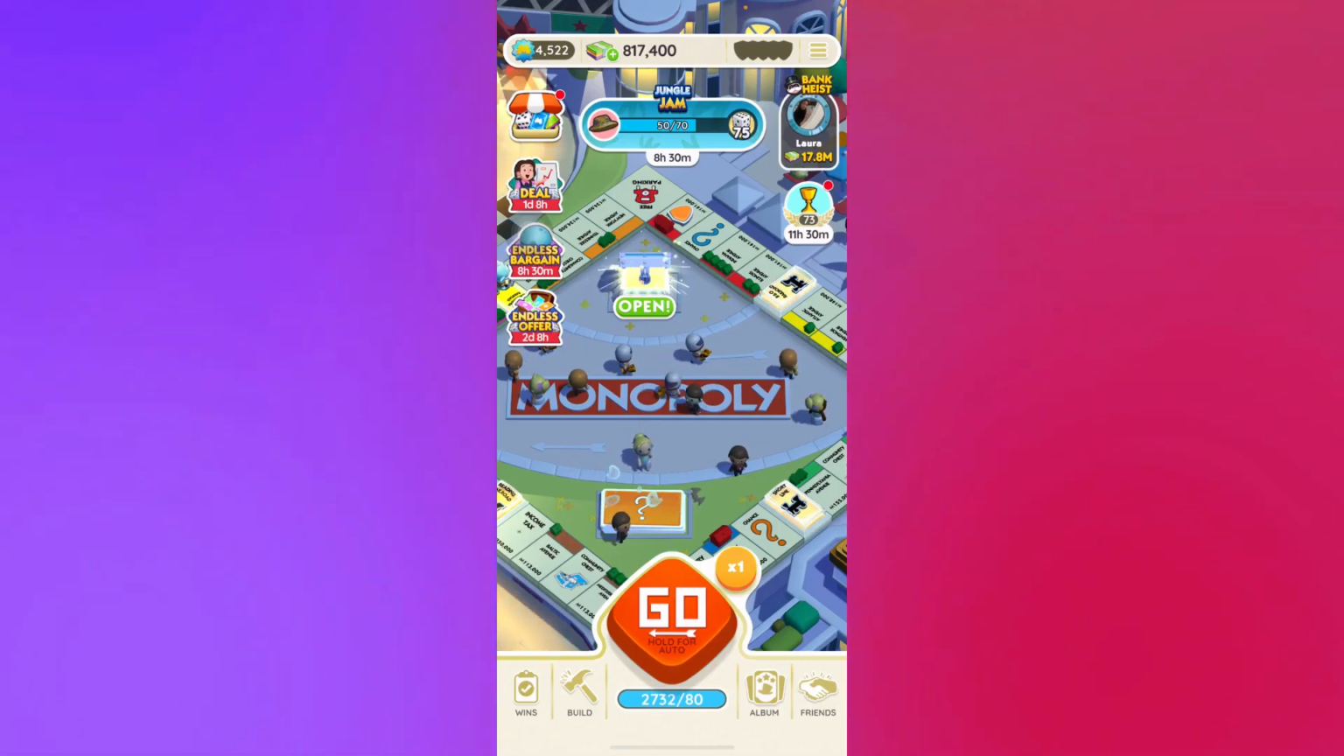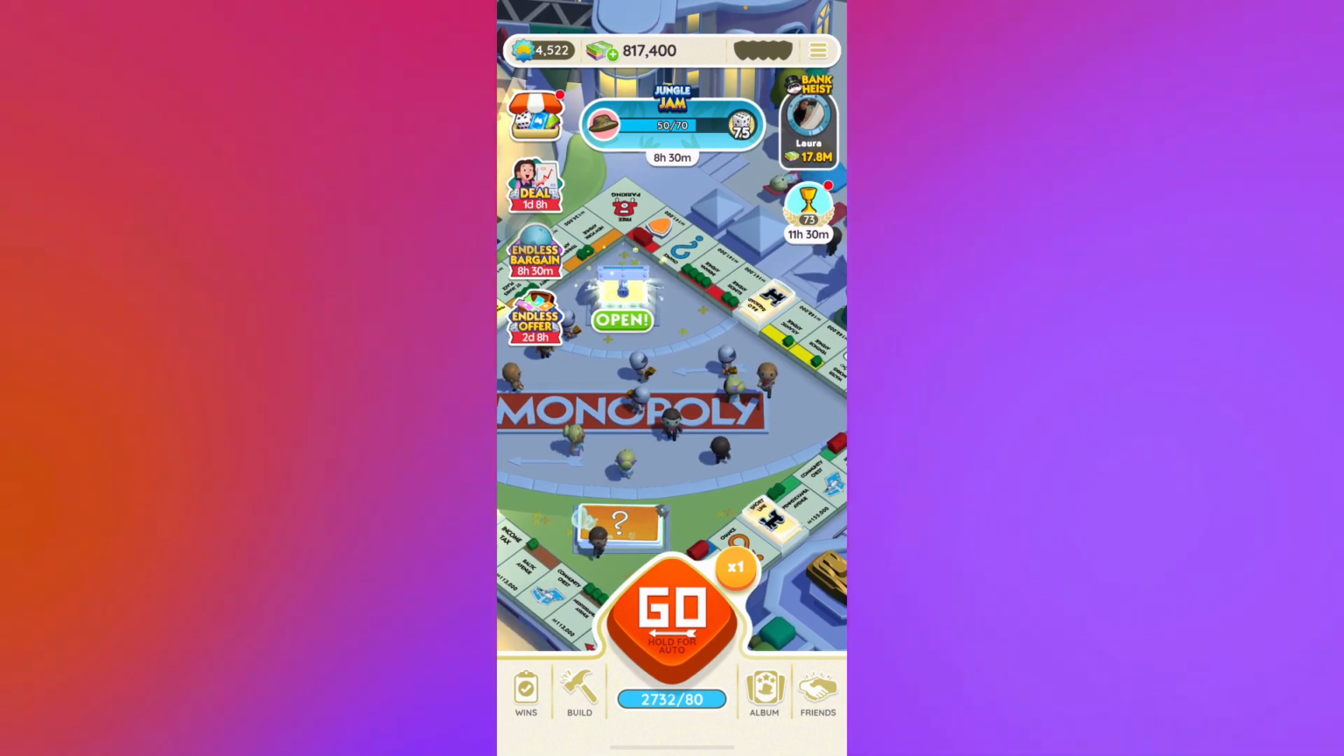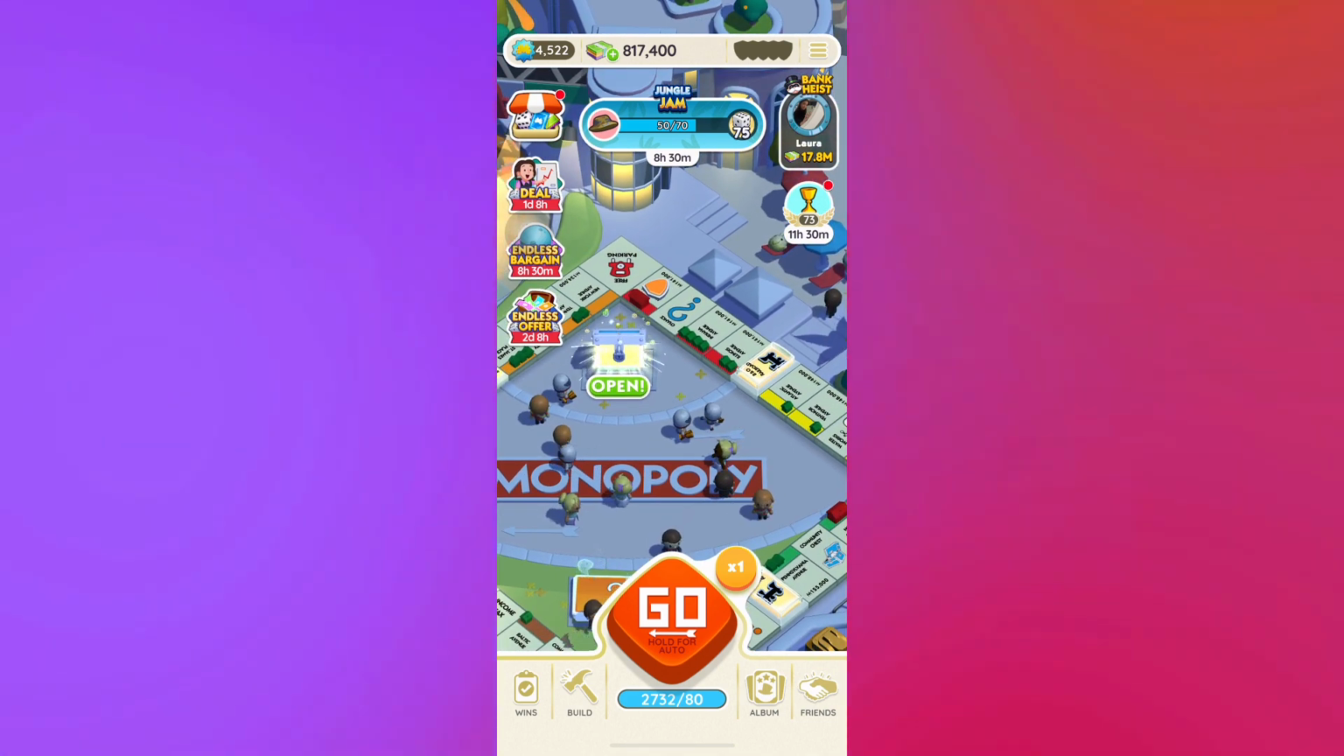So let's get right into it. The live issues going on right now are crashing and an error message being received. Basically, to fix this, when it's not loading at all, what you have to do is go to your app